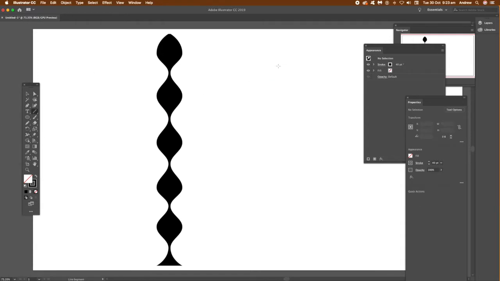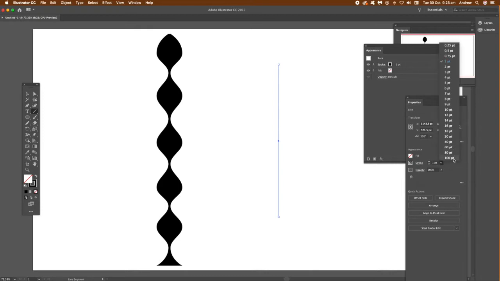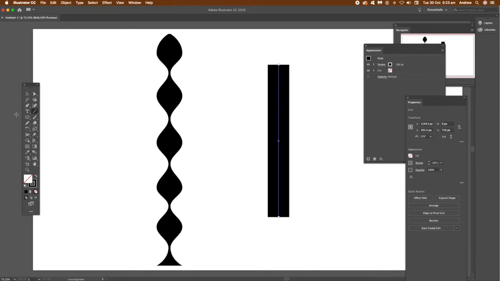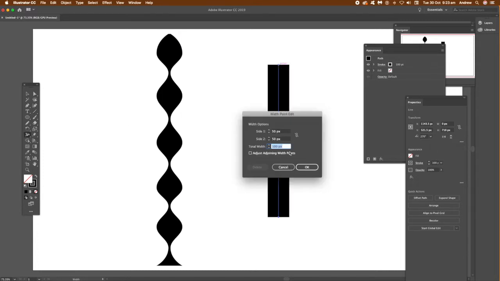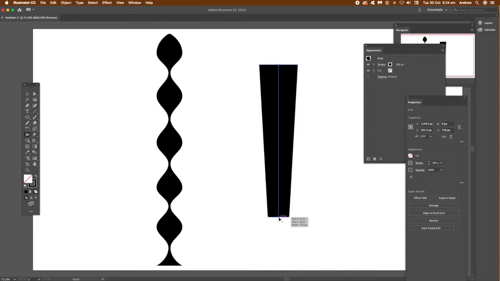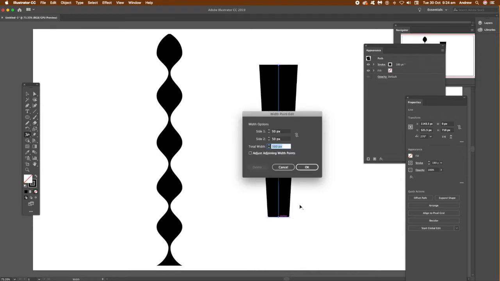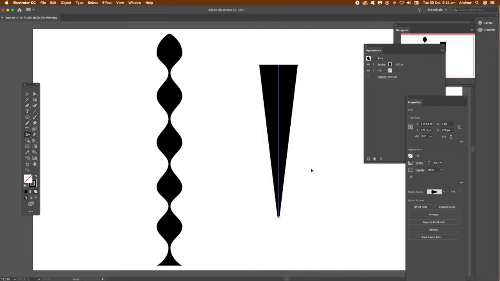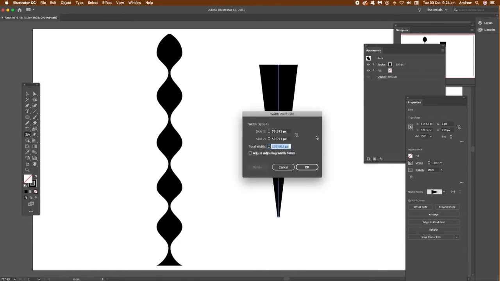I'm just going to go back to the line. It's much easier with a line, again, to demonstrate. And I'm going to set it to 100 there. And what you can do then, go down to the width tool, and again, click there, double click, and you can set that to 180. You can hardly see the actual thing on my own screen, so it was 180 and set that to 10. So you can just see then 180 at the top, 10,